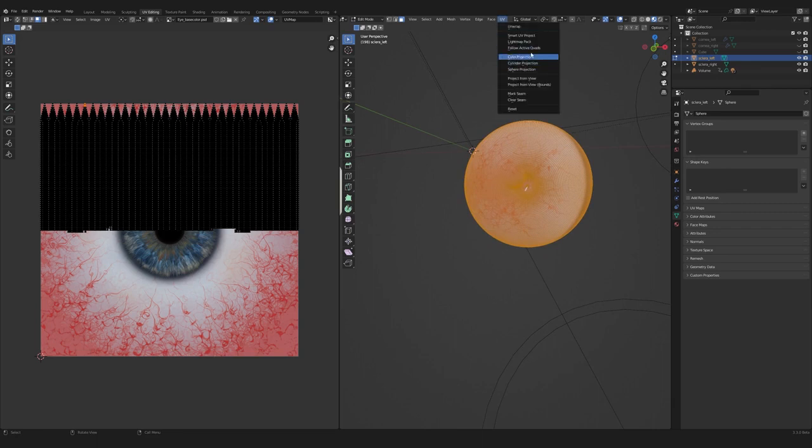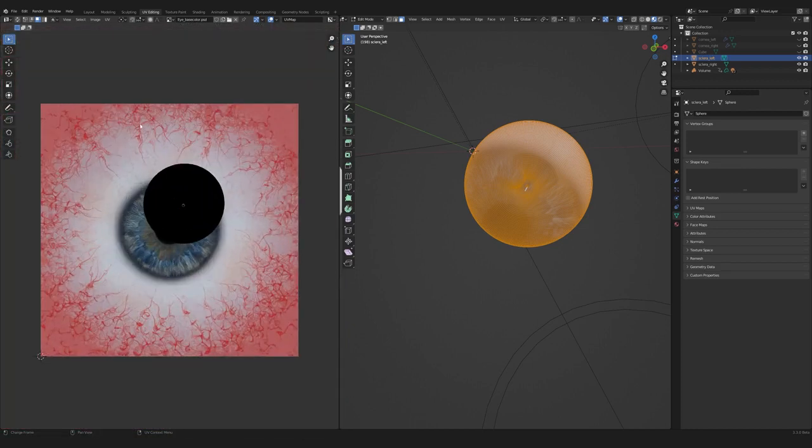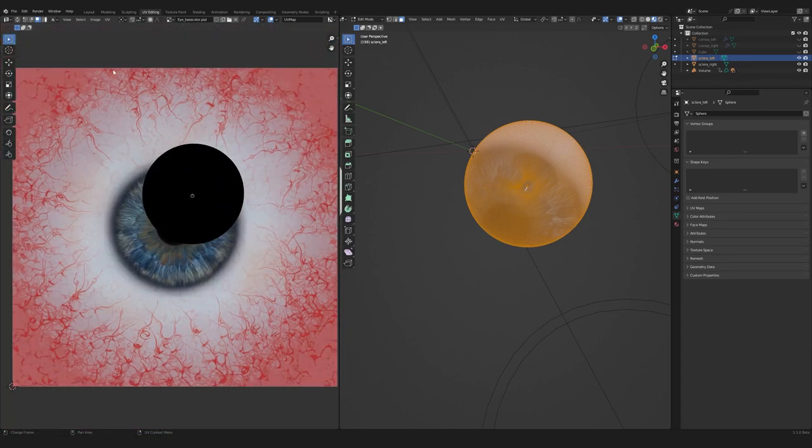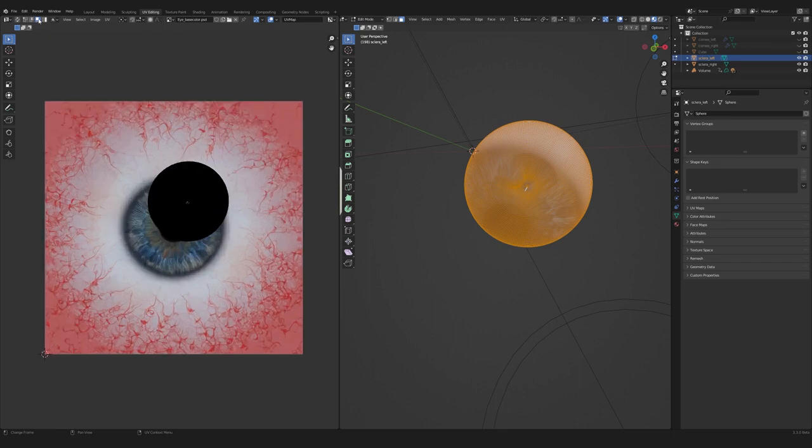Let's go to UV, and then let's simply do a project from view. That will give us UVs that are projected from the camera. Next up, within our UV editor here, one of the weird things about Blender's UV editor by default is that you can't actually see the full set of UVs that is displayed on your object. If you're coming from anything else, like Maya, this is actually very awkward, the fact that you cannot see the UVs of the whole object by default, but you can actually do that here if you switch over from this,